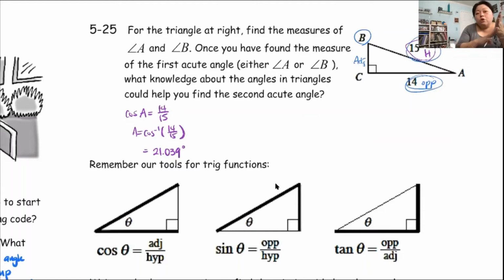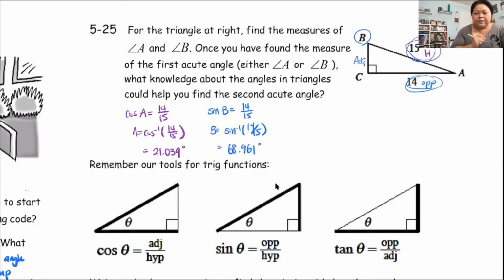So that's the SO part of it. SOH, sine is equal to opposite over hypotenuse. So I'm going to use that idea and say sine of angle B is equal to opposite over hypotenuse. So angle B is equal to sine inverse of 14 over 15, right? All right, see how I'm using a different ratio this time because I am using a different angle. So the ratio must be different, or at least the trig ratio. The trig tool that I'm using is different. You punch it in, you get B is about